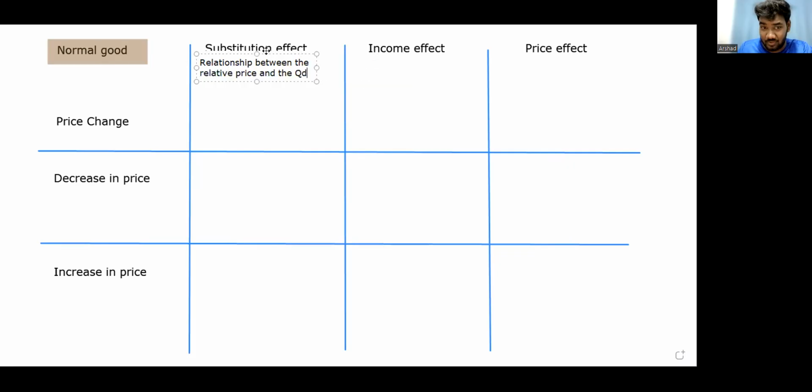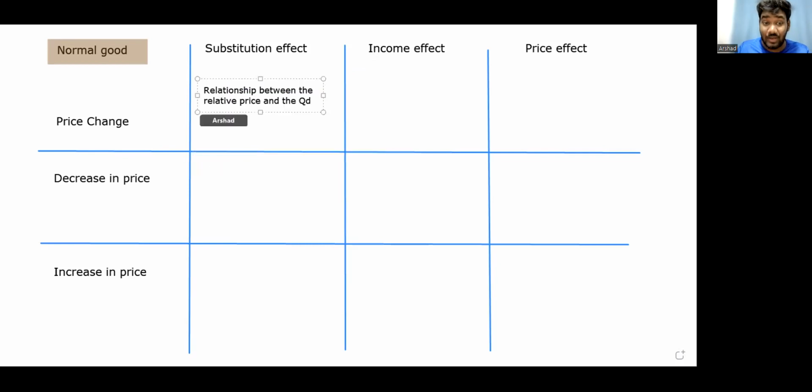Very easy. We'll think of the relationship between relative price and quantity. My first question to you guys: for a normal good, when there is a decrease in price,